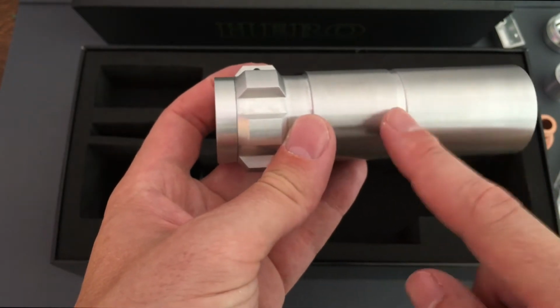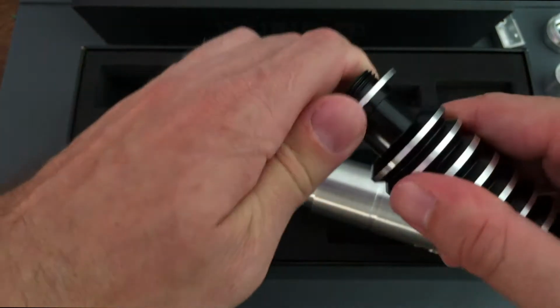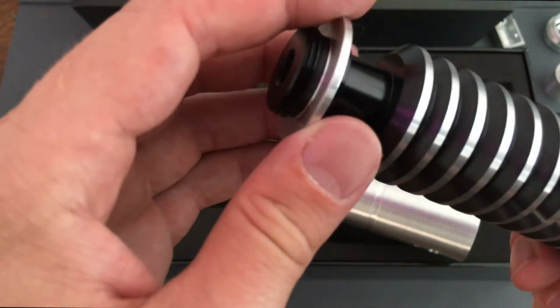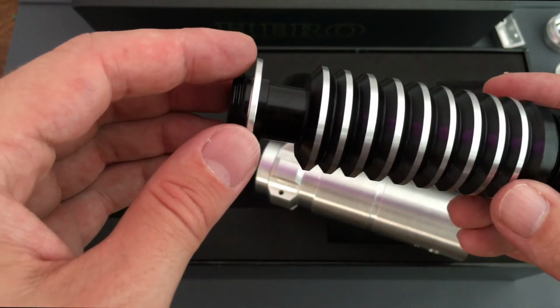Unfortunately, it does not break down on this end. It only breaks down at the pommel end. I just wish that would break down an extra piece there. But yeah, the powder coating looks nice and clean. I don't see any chipping in the powder coating. It does have the uneven rings here, as it should,